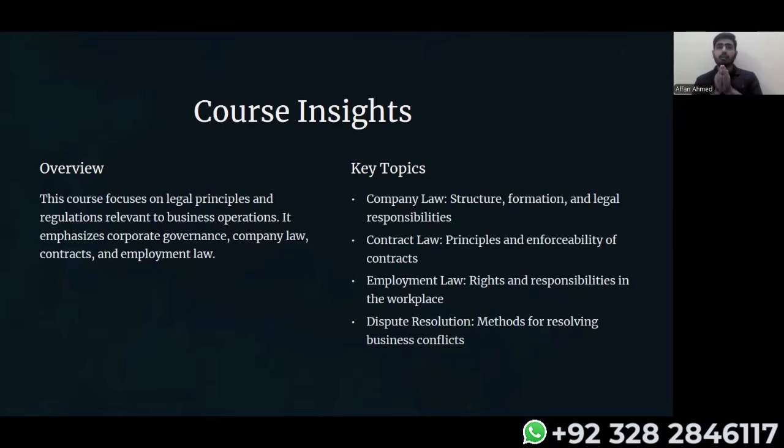If you are standing with the contract in the code and it is missing the first elements, you are losing the case. So this particular area gives you deep insights into how we can make a contract reasonable, how we can make the contract implementable in the code of law. Plus, the last area is dispute resolution.